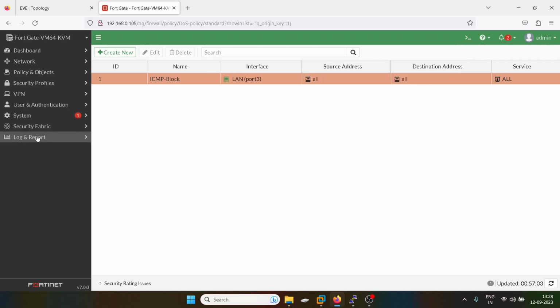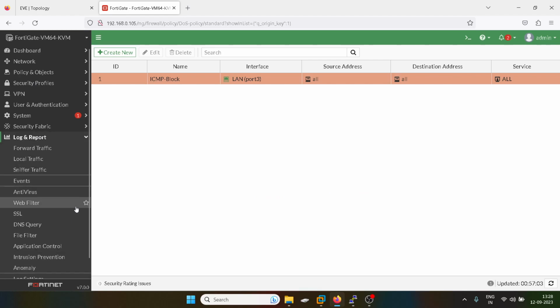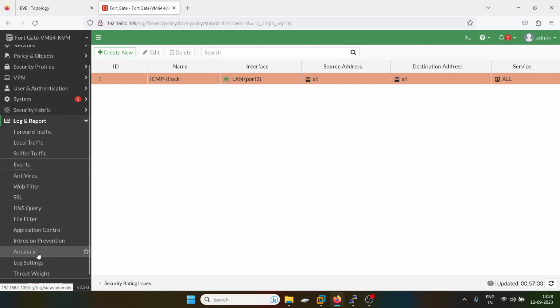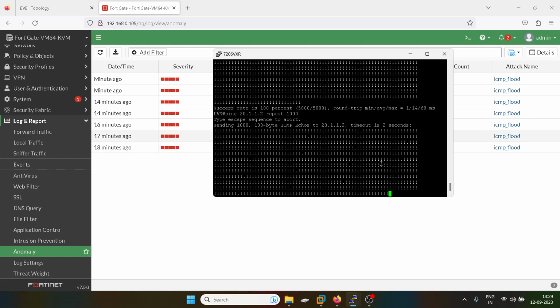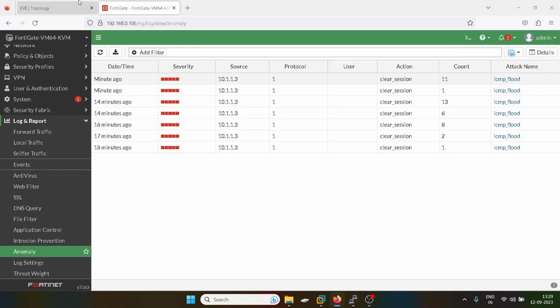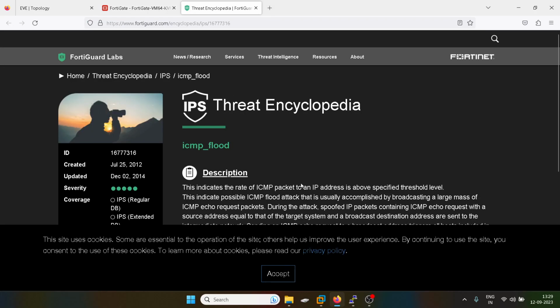If you want to check it, you can go into log and report and go into the anomaly section. Okay, now you guys can see count is 11. You can see 10.1.1.3, which is our router. This router is trying to generate an attack. So that attack is known as an ICMP flood attack. If you click it over here, you will see